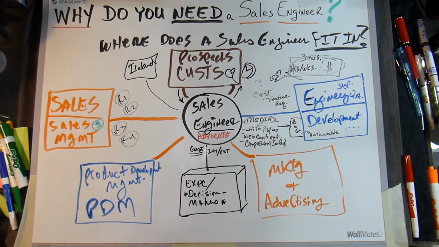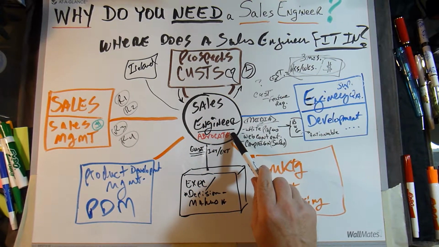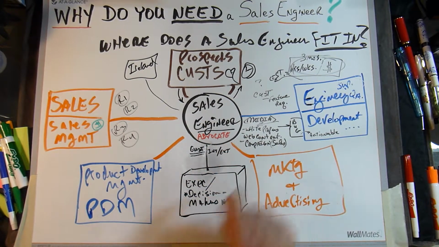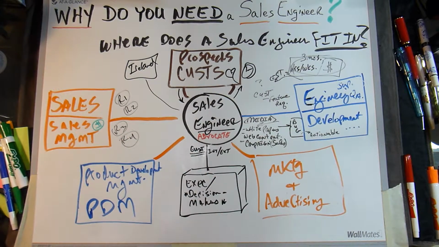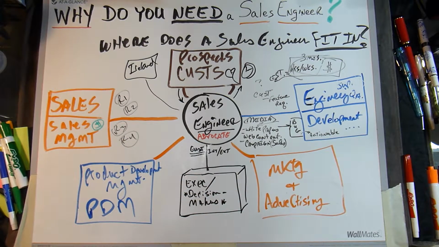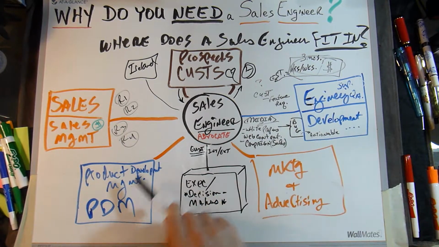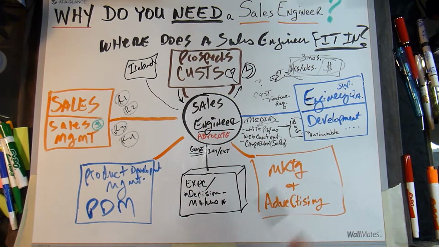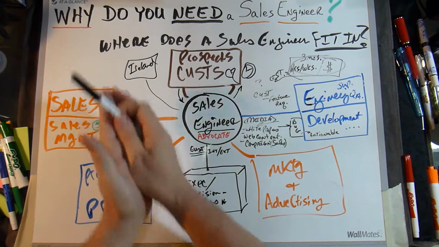And I mentioned that in the first video, and it's going to come up all the time. Everybody needs to be an advocate for the customer, but a sales engineer is paid to do it. It's on his job description or her job description, nobody else's. Sales is not comped that way, are they? They're comped on how much money did you bring in. Product development, that's not how they're comped. They're comped on, did we get a release on time? Did the software do what it was supposed to? Are we fixing the right bugs at the right time? They're supervising engineering along with marketing and advertising efforts to get releases out.